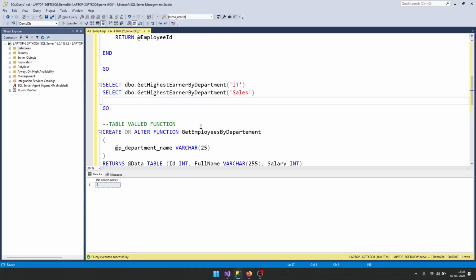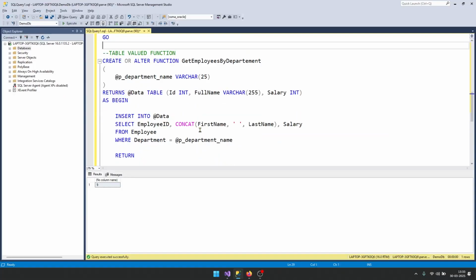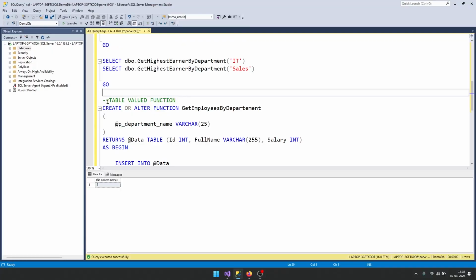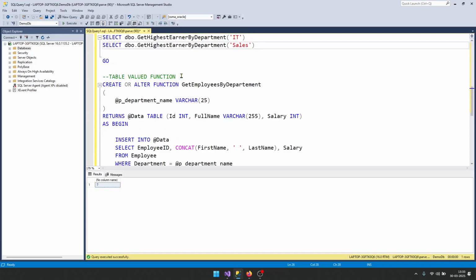Now the next type of functions that we have is table valued function. Basically, instead of returning a single value, a table value function will return a set of rows. Here, when I was executing this scalar value function, I was getting one result, right? But let's look at this